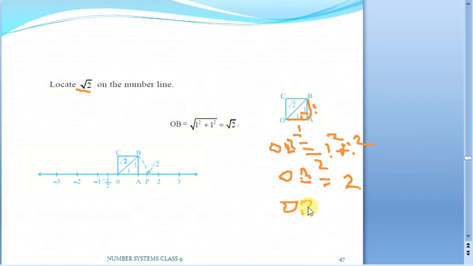We shall deal with this part in the upcoming lessons, how it is root 2 and all. But now see, square of OB will be 2. So when OB is equal to root 2, it will be the square root of 2. For example, 3 square is equal to 9. What is square root of 9? 3. So likewise, here OB square is equal to 2. Then what is square root of 2? That will be equal to OB only. So OB will be equal to root 2.